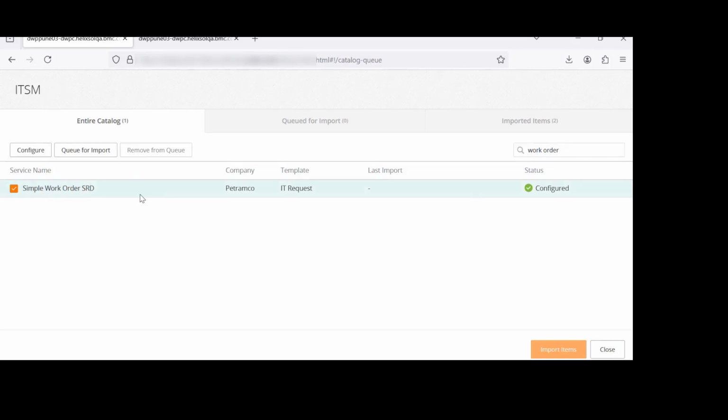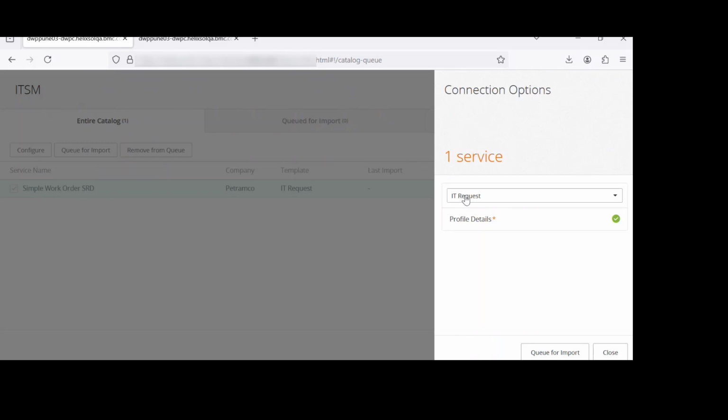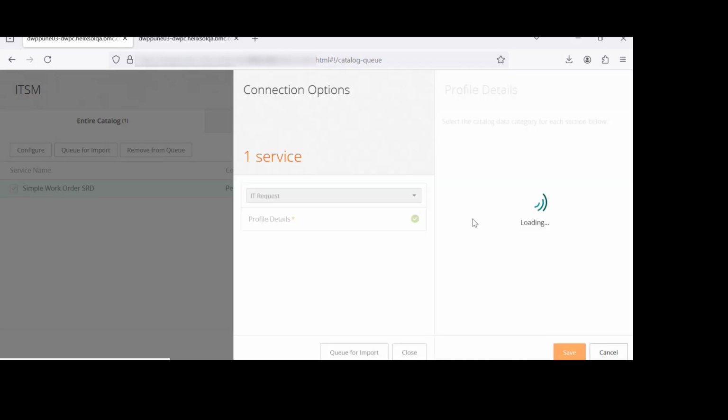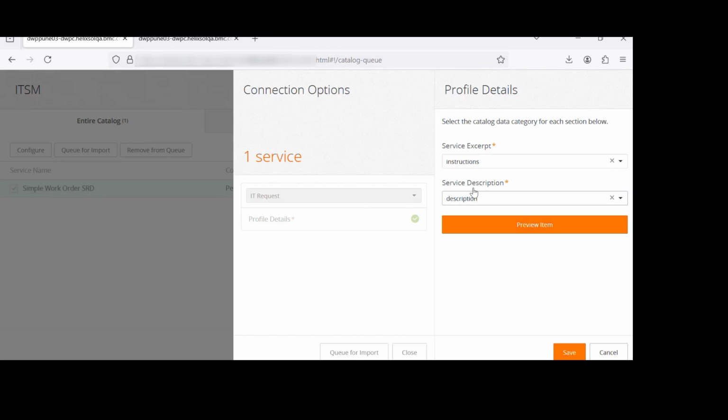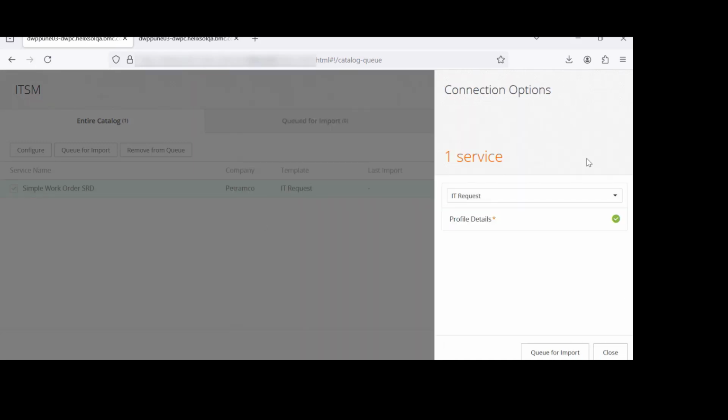So for the first time whenever we try to import, we can select the SRD and it will not be in configured status. So click on configure. For the first time, the SRD will not have any template over here. So you need to select the template name. Under profile details, you need to select which information you want to map to service expert and service description. Okay, let me show you one